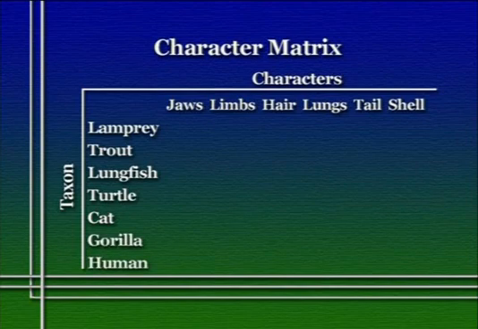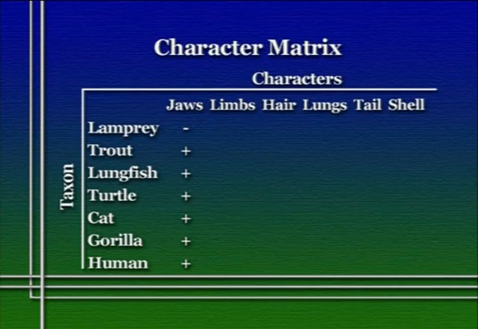Now, we've got a group of organisms, and we want to ask the question, how can we tell which are more closely related to which? How will they fit on some tree that we develop, some phylogeny? And to do that, we need to pick some characters that we know are homologous across those species, but we also know differ in differing ways. So we could choose characters like, for example, the presence or absence of jaws. In this case, the lamprey, which is so-called a jawless fish, lacks a true jaw, and all of the other species I named have jaws. So that's an example of a character that is shared by all species, but not one